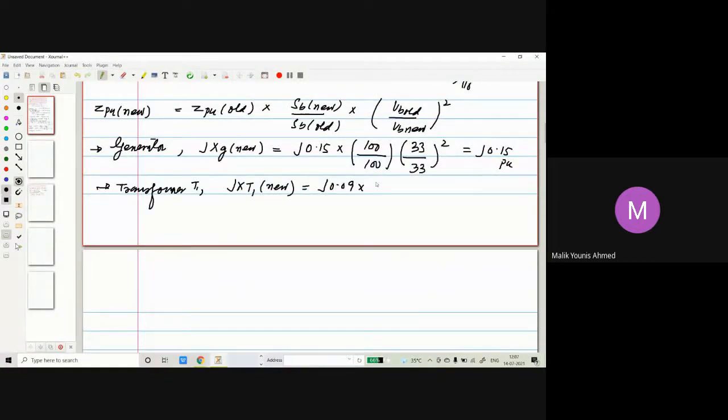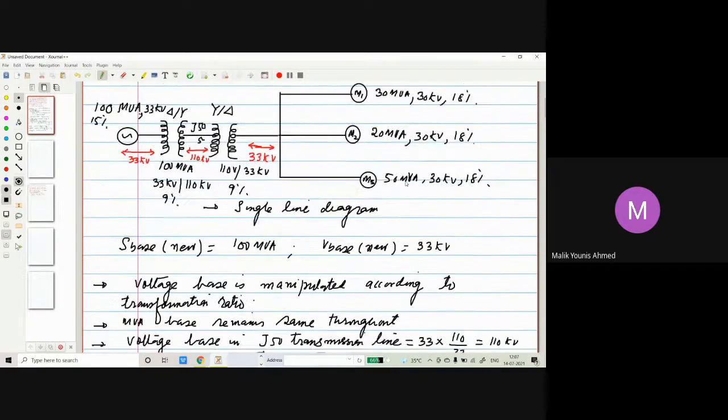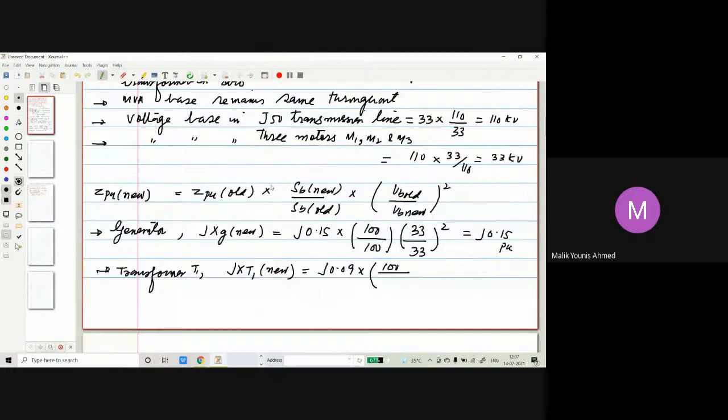0.09 multiplied by, what is S base new? That's not going to change. S base remains same throughout the power system. So S base new is same. S base old, that is about this transformer. S base old is also 100 for this transformer. Okay. S base is 100